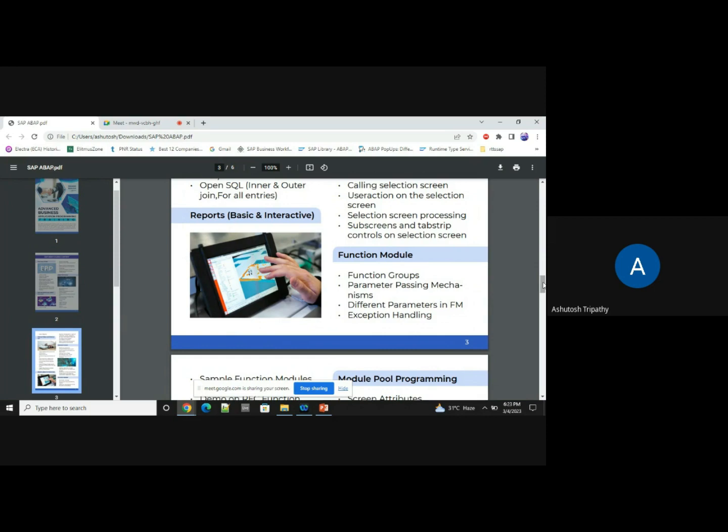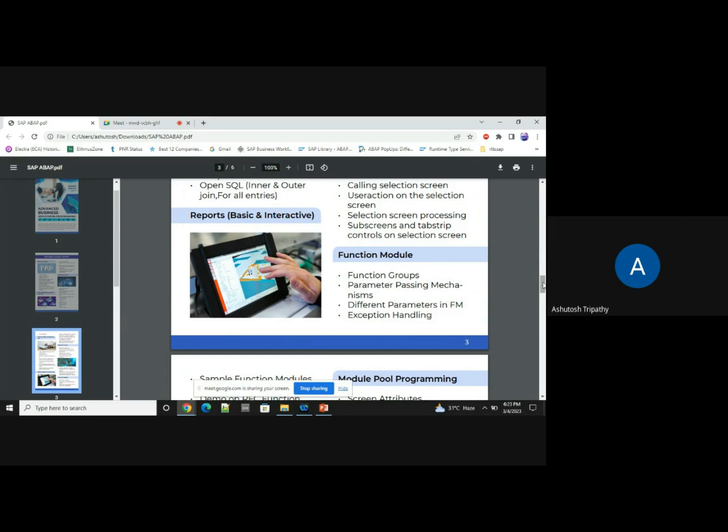So this is called interactive reporting. Basic report is nothing but one screen. Interactive report is where you can navigate from one particular screen to another screen in terms of the relationship that you have in the report. In the beginning, we will be learning this basic and interactive report. As we go ahead, there is a smart reporting concept of ALV that we will also be learning.